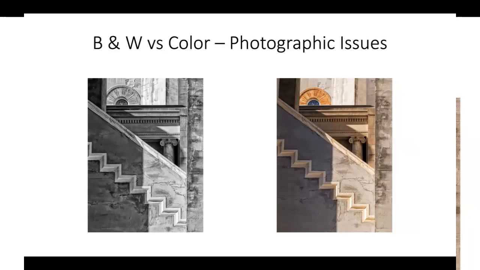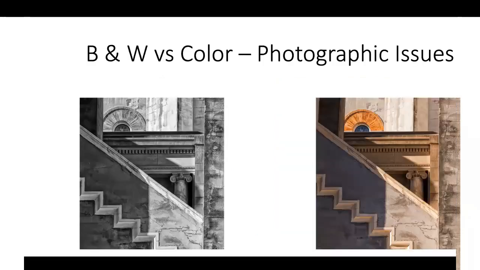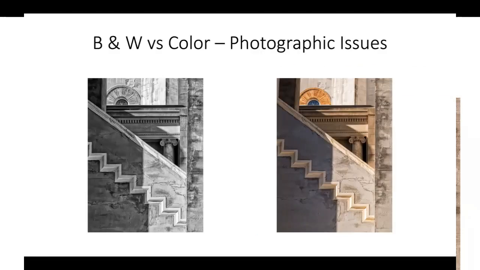Photographic issues. Here's one of the things I was talking about before. This subject was very heavy on shadows and light, lots of lines and forms and shapes, and a long tonal range as opposed to being really high contrast. I mean, there's certainly contrast in here. There's a long tonal range. That just didn't render as well in color for me. It's not bad as a color photo, but it's a lot stronger as a black and white photo